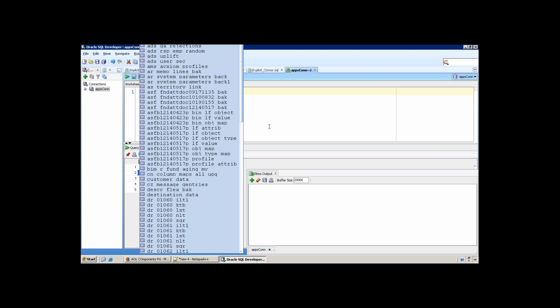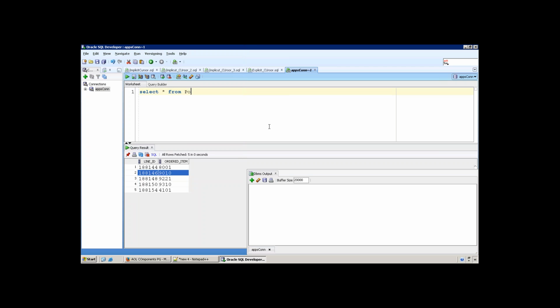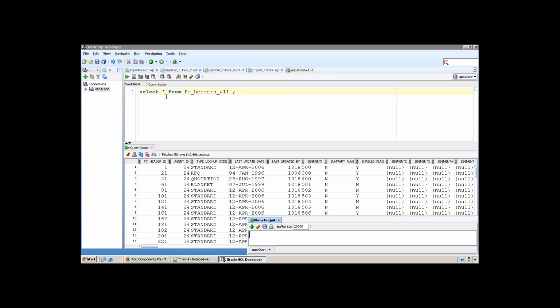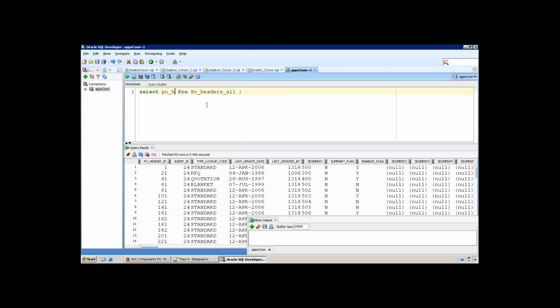Which query will we consider? Let us say purchase order. Let's start now and try to pass a purchase order. Now I'll pass my purchase order number and I'll try to get my purchase order information. I just pass my purchase order header number and I want to get my purchase order number, header ID, and